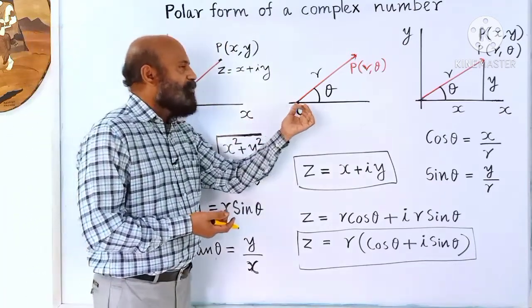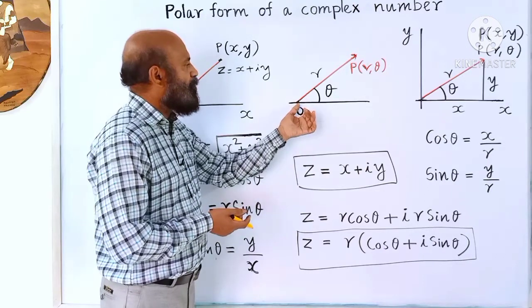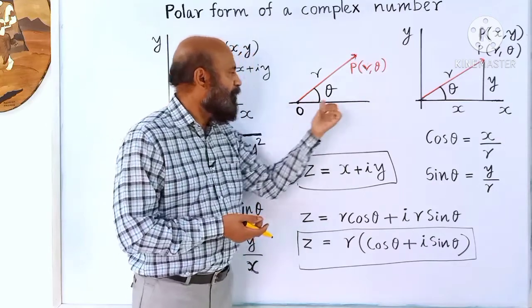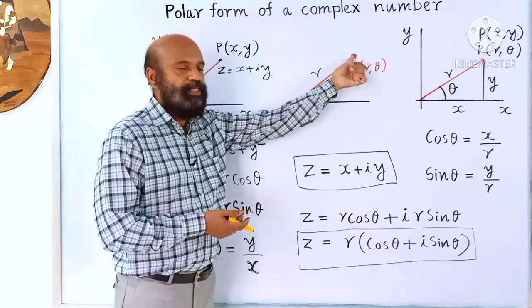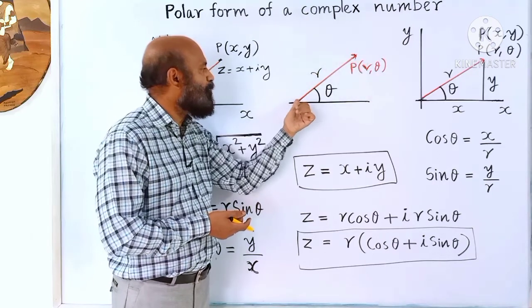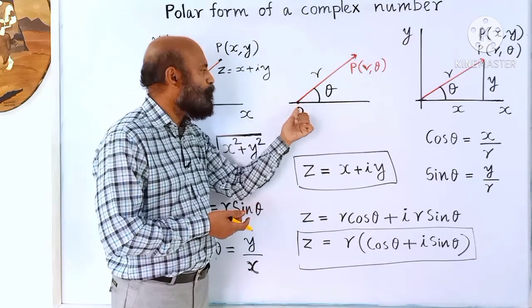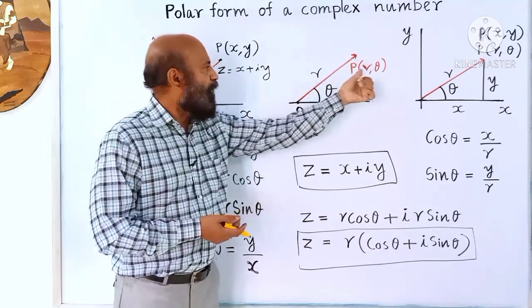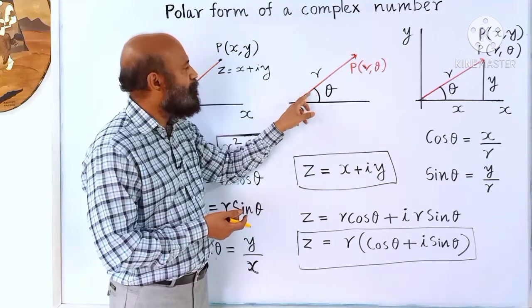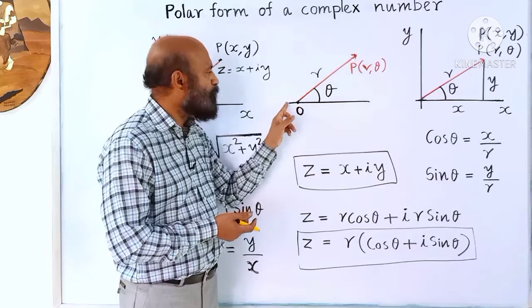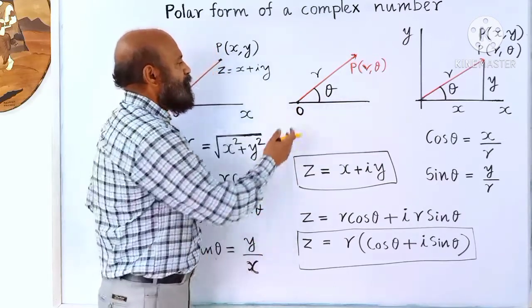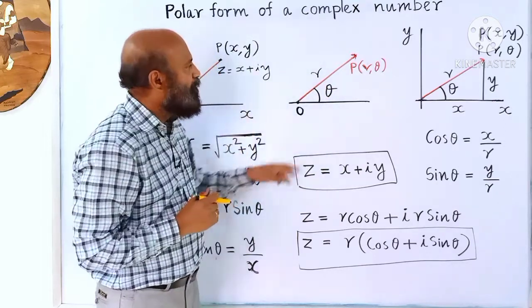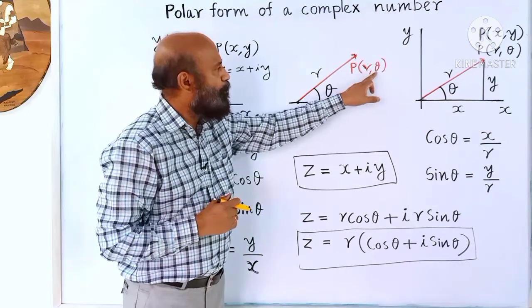Now there is another coordinate system, that is the polar coordinate system. So here there is an initial reference line, the initial line, and a point. A point can be represented by its distance from the pole. This point is called the pole, represented by O. This distance is r, and the angle which the line OP makes with the initial line is theta. Theta is measured in radians in the counterclockwise direction. So P is represented by r comma theta.